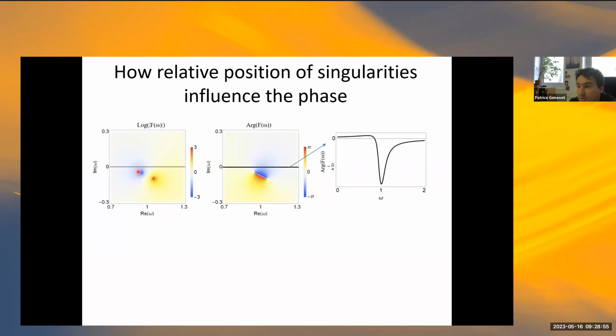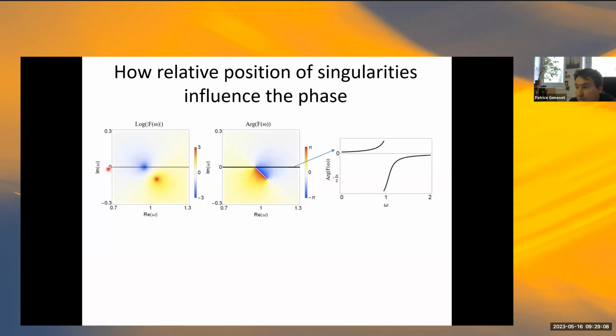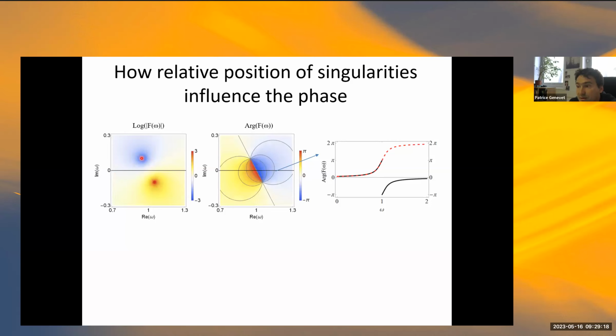But it's not always the case. Suppose that, for example, the zeros are below the real frequency axis, you would not see any relevant spectral response here at real frequency. You have a phase modulation that is very small. You can tune the parameter to bring the zeros here. You will have a zero in the coefficient, and you start to have a divergence, like a discontinuity here in your phase plot. And if you keep changing the parameters, you could be in the situation where zeros and poles are essentially separated from the real axis.